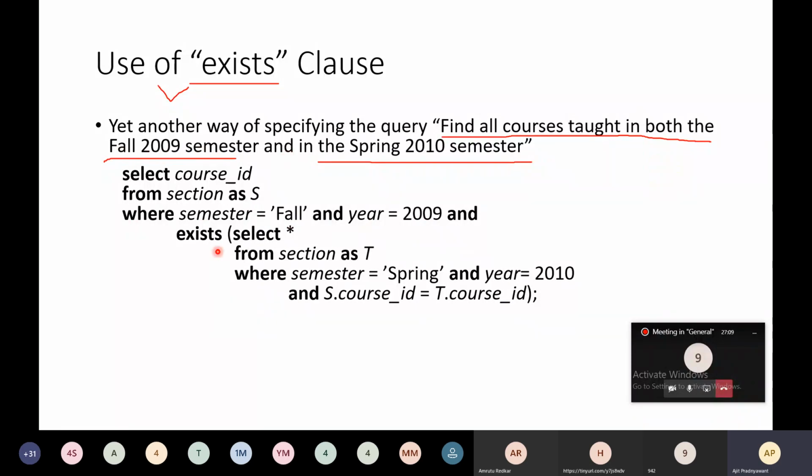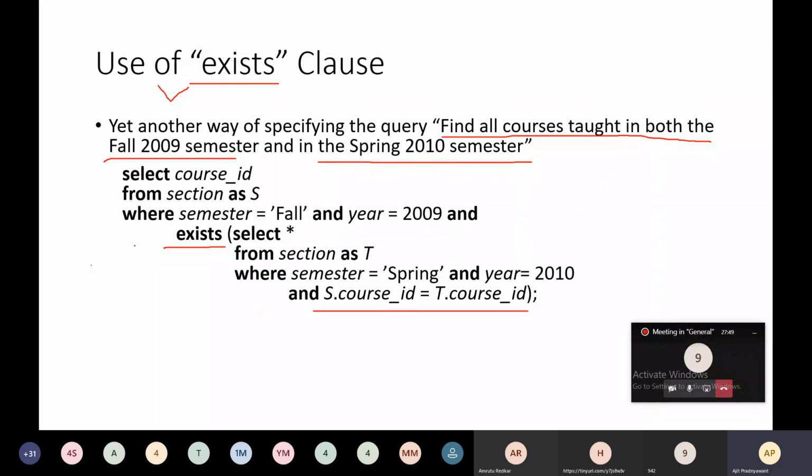And instead of mentioning AND here again, we have mentioned the EXISTS clause. So here we have mentioned EXISTS, and then select star from section as T where semester is equal to spring and year is equal to 2010. And we require this one condition: S.course_ID is equal to T.course_ID, so that it will retrieve the same course IDs.